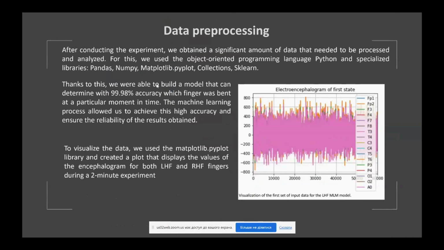For this, we used the object-oriented programming language Python and specialized libraries: pandas, NumPy, collections, scikit-learn. Thanks to this, we were able to build a model that can determine which